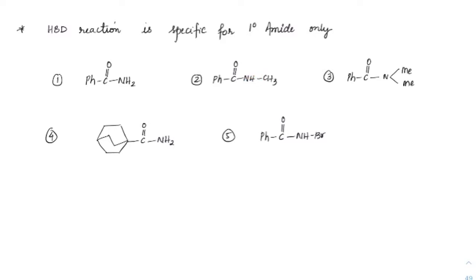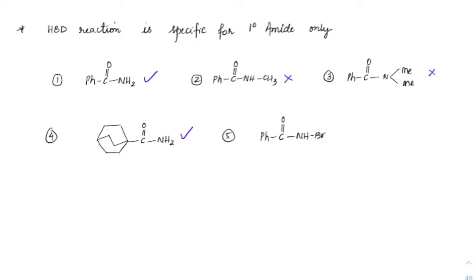Okay. So what we will see here, first, this is a primary amide. So yes, this reaction will take place. Secondary amide, not so much. Tertiary amide, which means third degree amide, not so much. This will definitely happen because during the migration, there is no carbanion or cation forming. It is just an internal single step reaction. So this bond will completely migrate here.